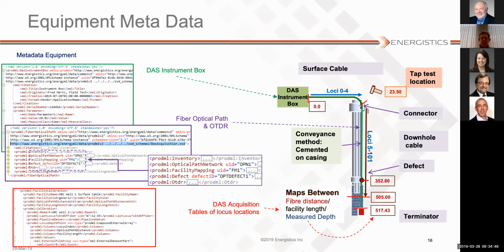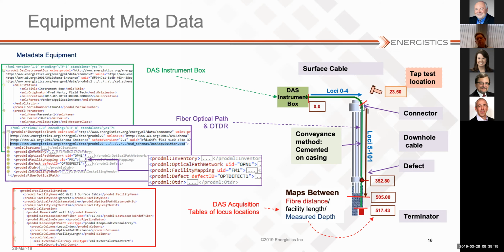They're more like the condition of the fiber and allow us to do some of this mapping that I've been describing, so they can be stored. So that gives you the hardware, the instrument box and the optical path. And then this comes together in the DAS acquisition XML file. But these tables are also in the HDF5 that Wilfred was just talking about, the calibration table.